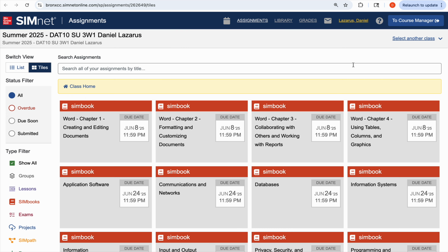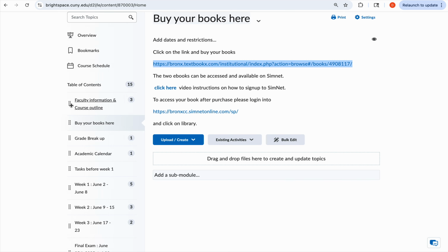These are the assignments we'll be doing for week 1. If you take a look, we are completing Microsoft Word, all the 4 chapters this week. Each week, typically, because this is a short session, I require you to spend at least 6 to 8 hours on coursework. Otherwise, you will not be able to complete your grade. And because it's a 3-week session, there are no extensions on this course.